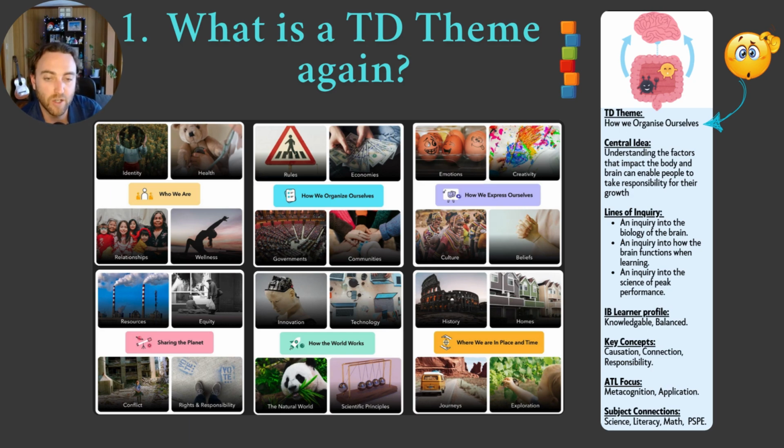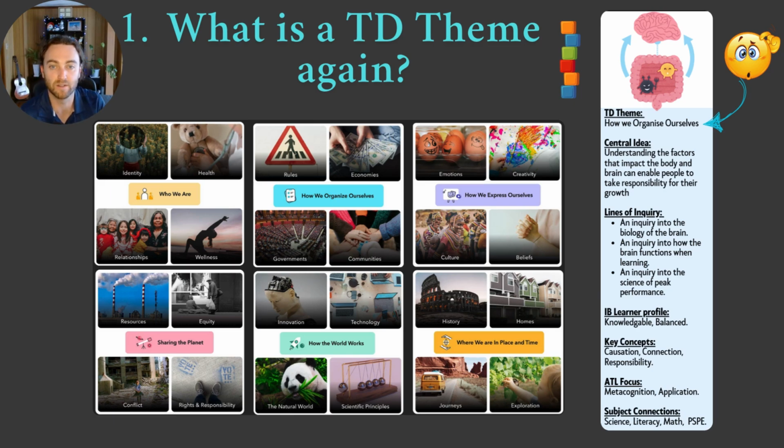But very basically, transdisciplinary themes are designed to be giant buckets full of knowledge that encapsulate or offer the opportunity to explore almost any topic in human existence. And so what happens is every year from grade 1 to grade 5 or 6, depending on the school, students will be doing all 6 of these themes, and then they will be repeating them the year after that,